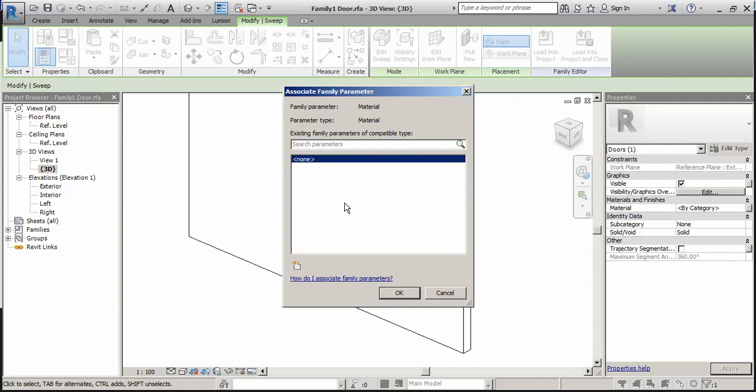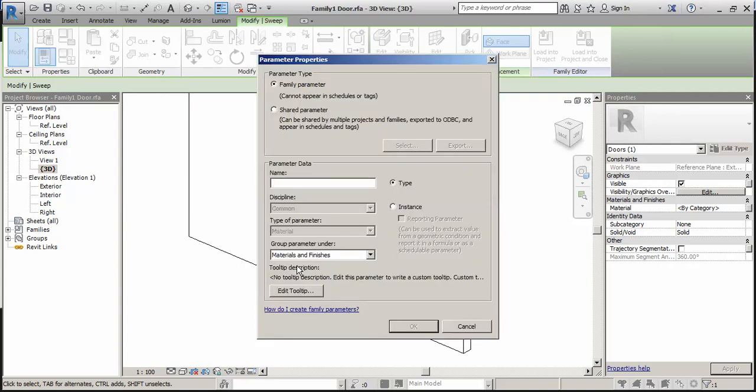So associate new family parameters, name it frame material. Okay.